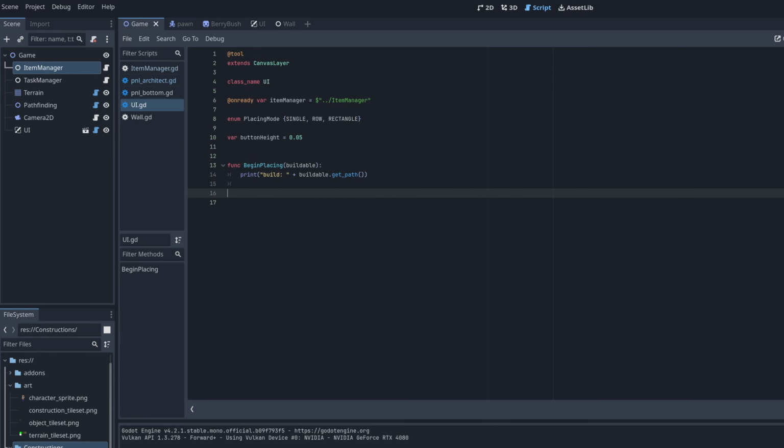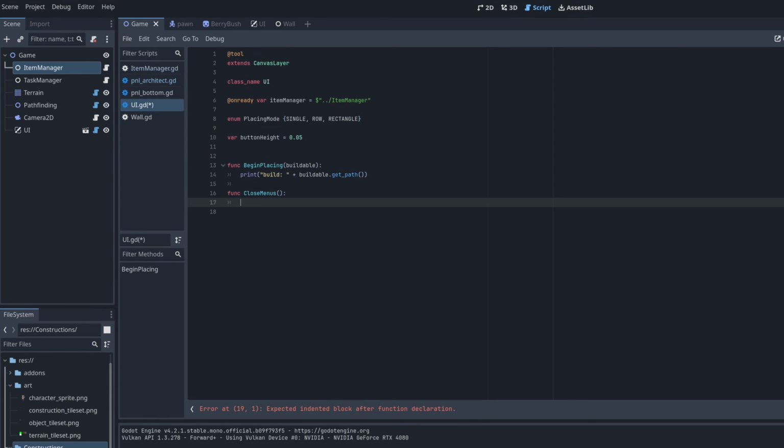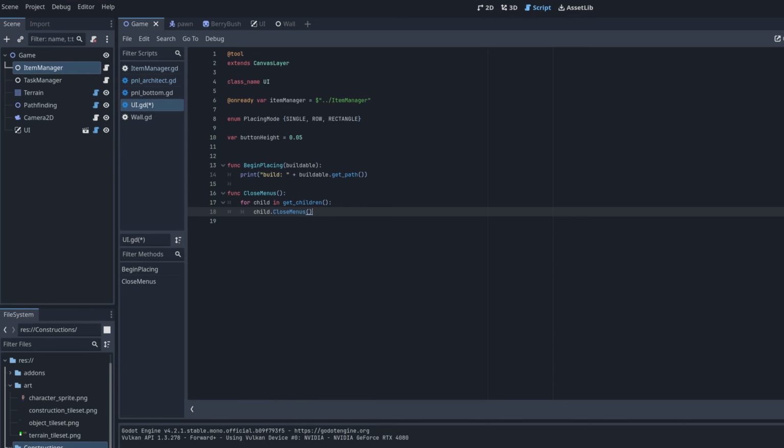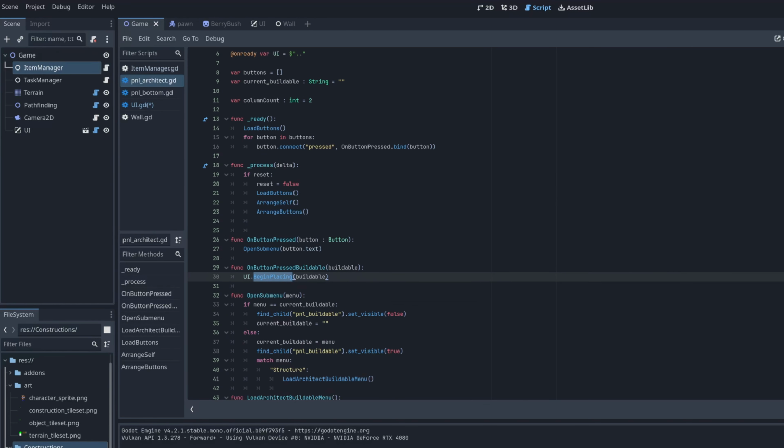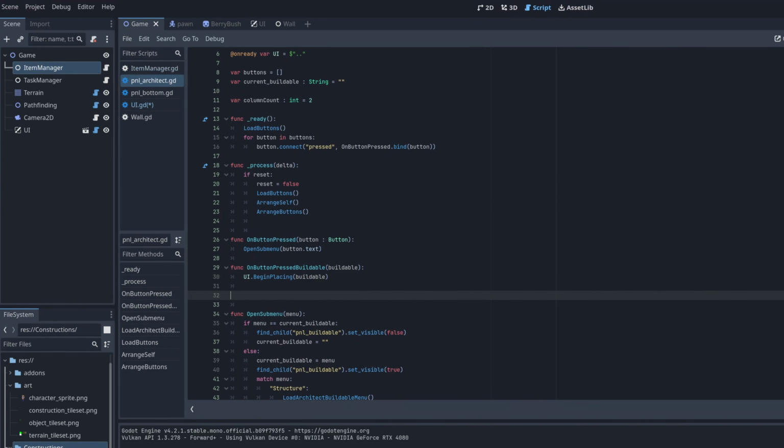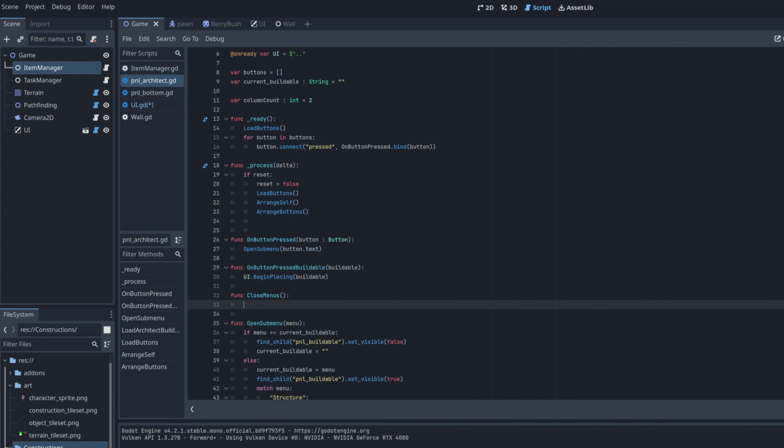I need to have more centralized control, I think. So let's just have close menus. And to be quite simple, for child in get children, we will just go child.close menus. So every one will get its own close menus, because each one closes itself a little bit differently, which is not the best design for me, but let's do it anyway. So when this one closes itself,